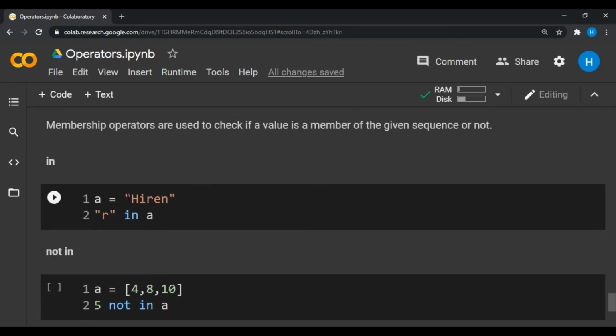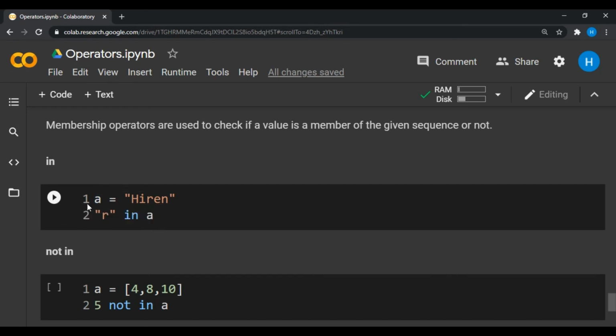Here we have a is equal to the string "herin". Now I want to check whether the character r is in this variable a or not. So I can write it this way. We first write the character r in double quotes. You can write in single quotes also, and then in, this is our operator, and then the variable name.